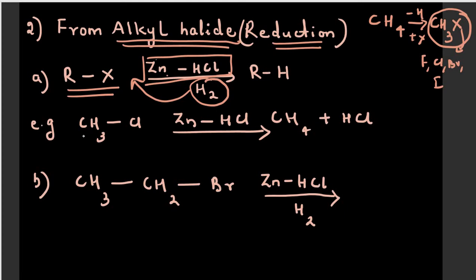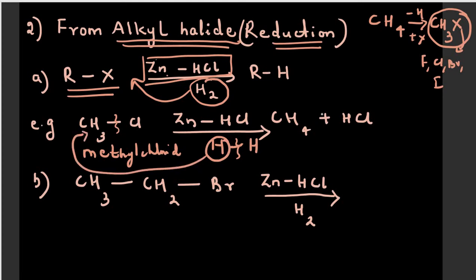You can see that. For example, here we have taken methyl chloride. This one is our methyl chloride. So what happens? In this case, hydrogen will be evolved. We can write this hydrogen like this instead of H2. This bond breaks, and this hydrogen goes and combines with this one, and thus we are getting methane, and Cl combines with hydrogen and we are getting HCl. So what will be the answer for this one?